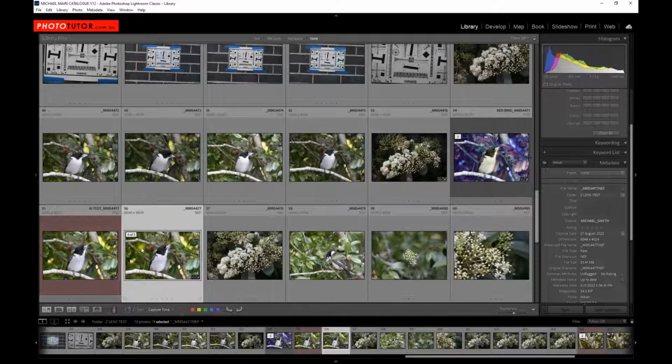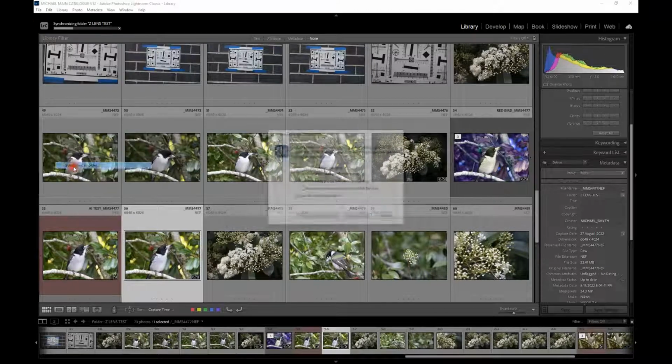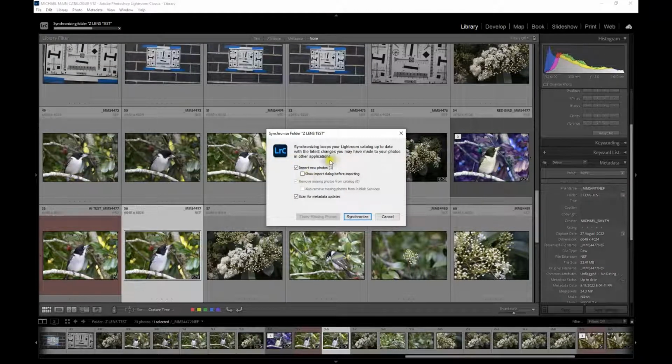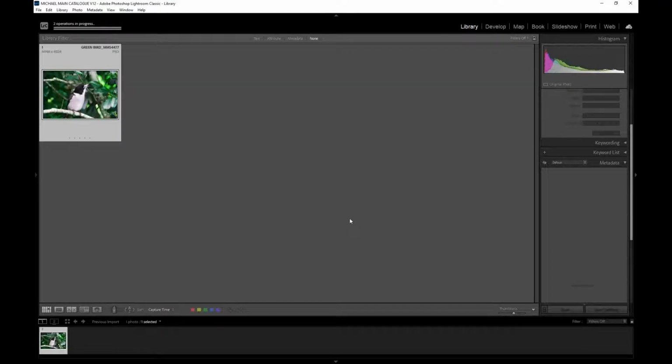No, it's not there either. And this is where the problem arises again. So we have to now go back. We're in our source folder. We need to go back to the library menu and synchronize the folder. And yes, it knows, it's seen that there's a file there, but we have to synchronize that to bring it